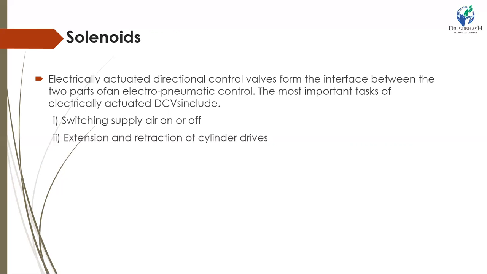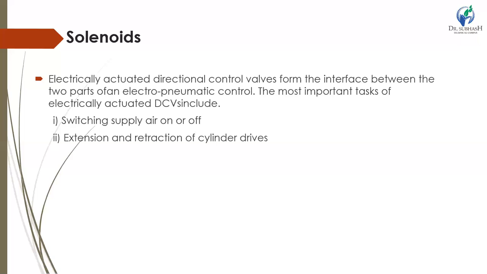They can generally be divided into two groups. A spring return valve only remains in the actuated position as long as current flows through the solenoid. In the initial position, all solenoids of electrically actuated DCVs are de-energized, the solenoids are inactive. A double solenoid valve also has a clear initial position as it does not have a return spring.